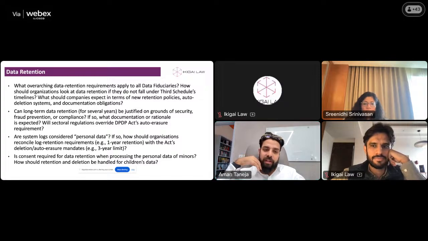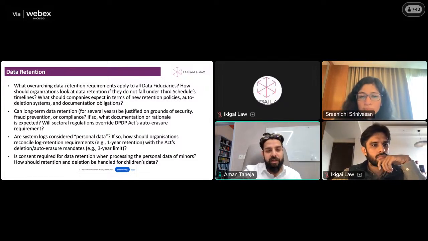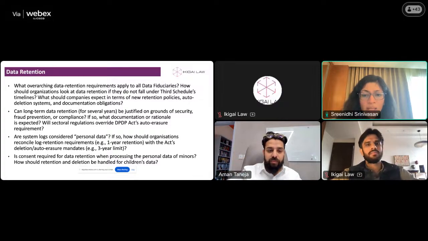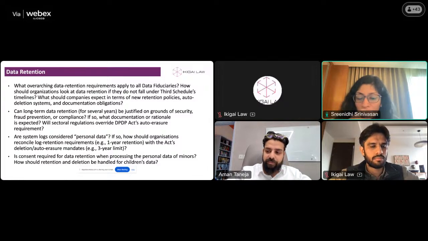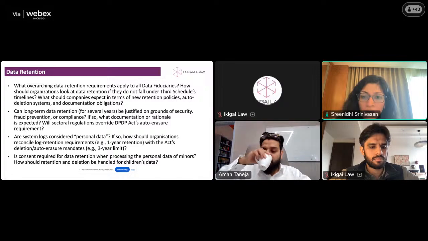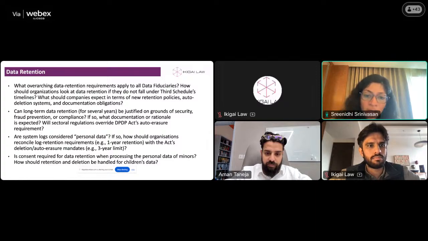So there could be ways of doing it, but to break up assets in terms of just data and selling that off, I think that might be a little trickier. I don't know if you think otherwise, SS. No, I think that's fair. While the law doesn't say anything about sale of data as such, it doesn't say you can't monetize or can't sell, I think one would have to see where exactly this transfer is falling under, whether it's under an exception. If it's not, then if it's with consent, then it has to meet all of the thresholds for consent as well. But yeah, nothing more to add.